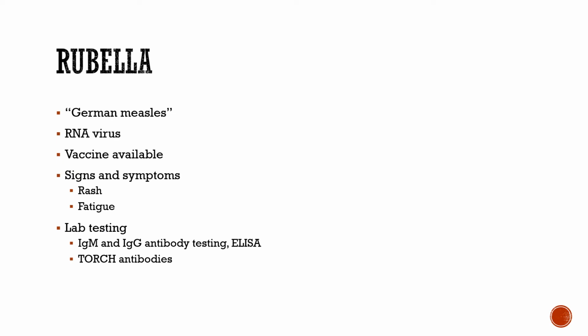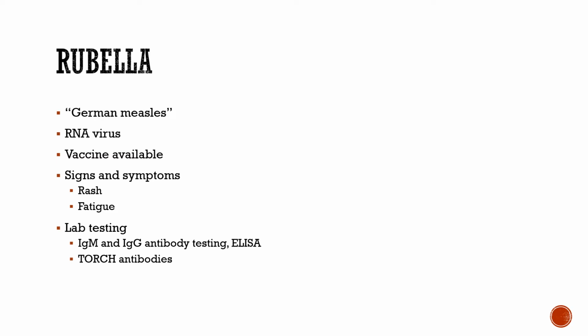There is a vaccine available. It's known as the MMR, the measles, mumps, and rubella vaccine. Some signs and symptoms would be rash and fatigue. A diagnosis of acquired rubella is not based solely on clinical manifestations. The signs and symptoms of rubella vary widely from person to person and may not be recognized in some cases, especially if the characteristic rash is light or absent and may occur in a substantial number of cases. Rubella infection may also resemble other disorders such as infectious mononucleosis and drug-induced rashes as well.